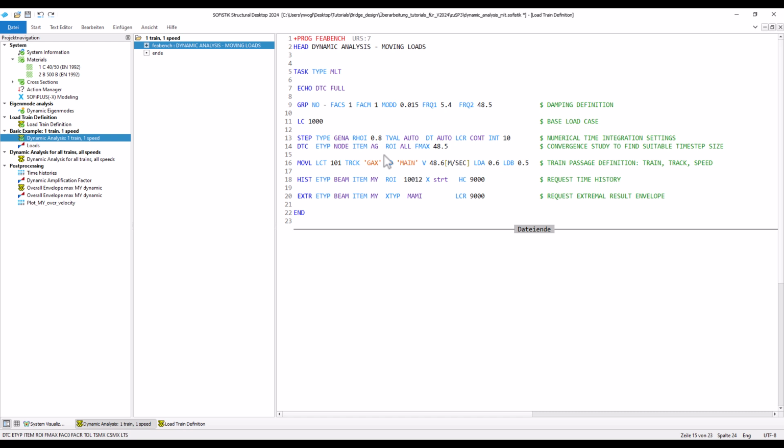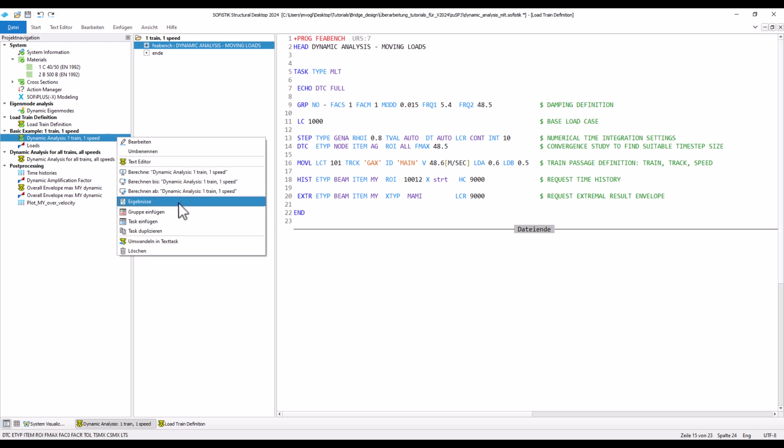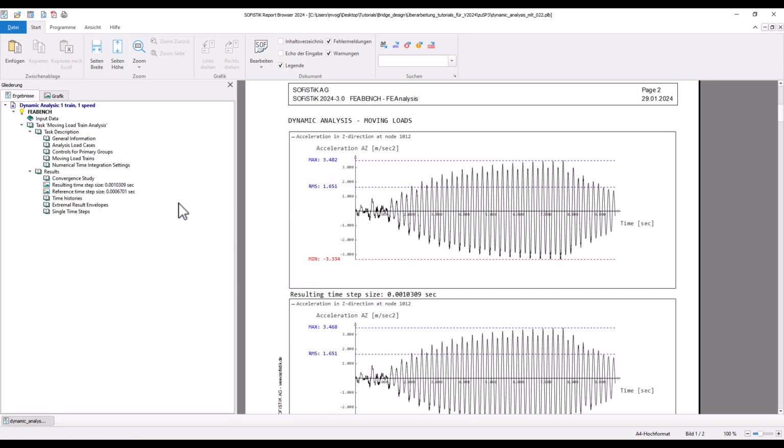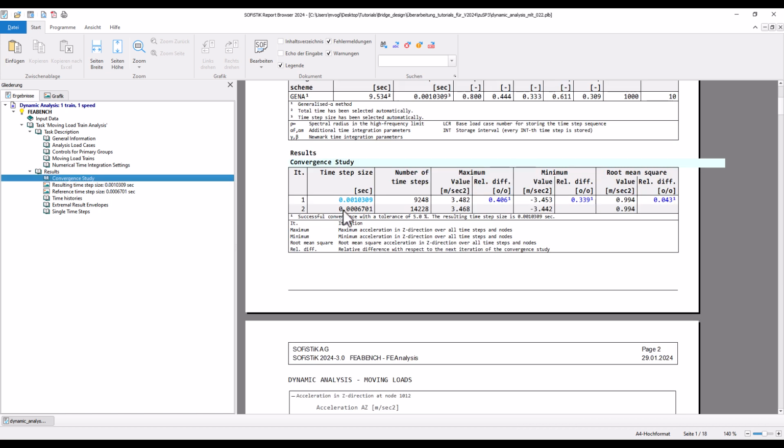Verification is considered successful if the result does not change by more than a certain tolerance. If the verification is not successful, the time step size is further reduced and checked again for convergence. To understand how the convergence study works, we will take a look at the report of the convergence study. For each run of the analysis, you can see the applied time step size and the